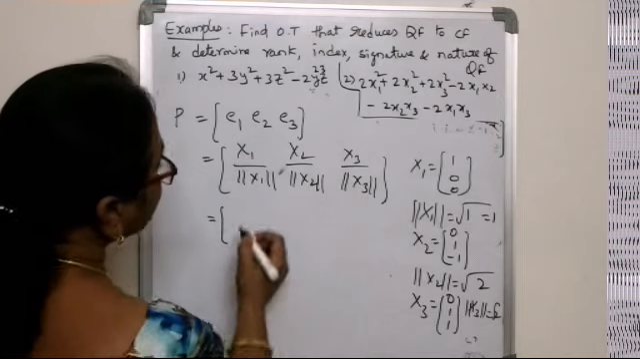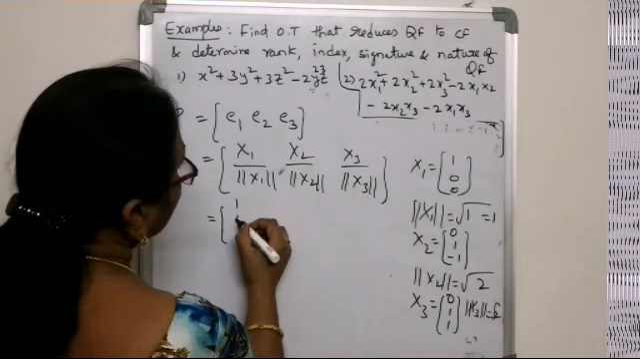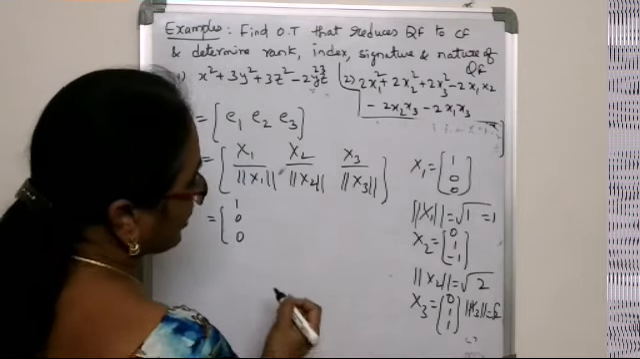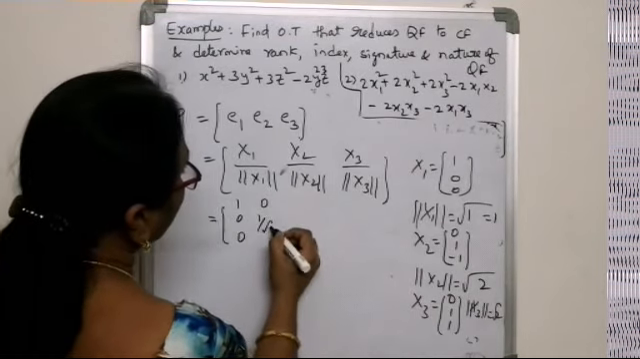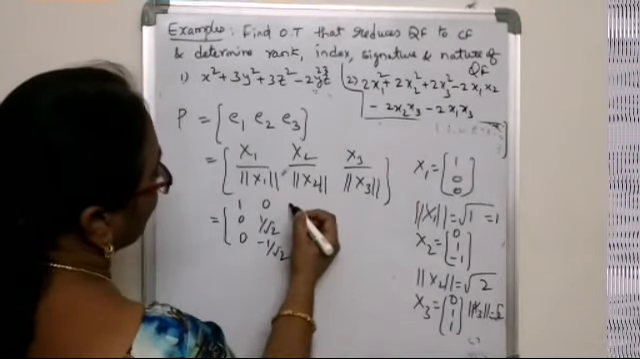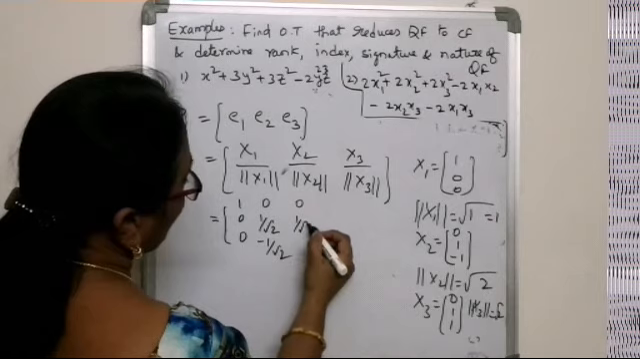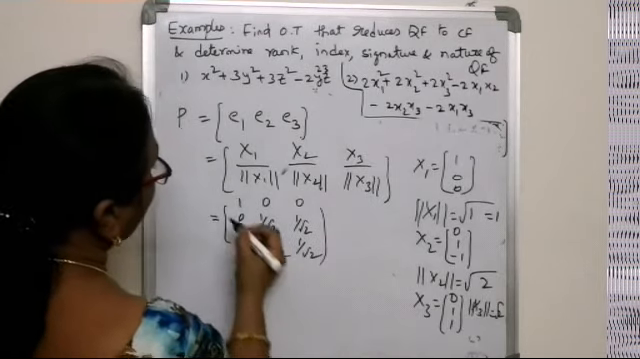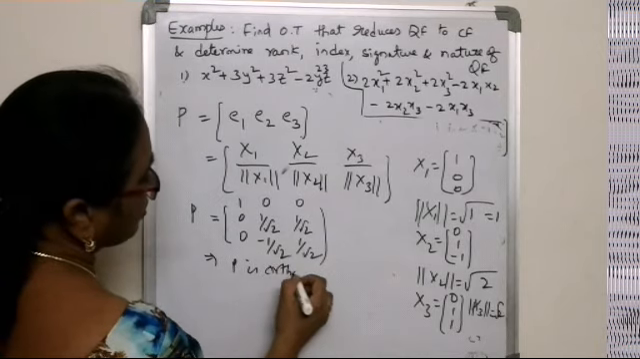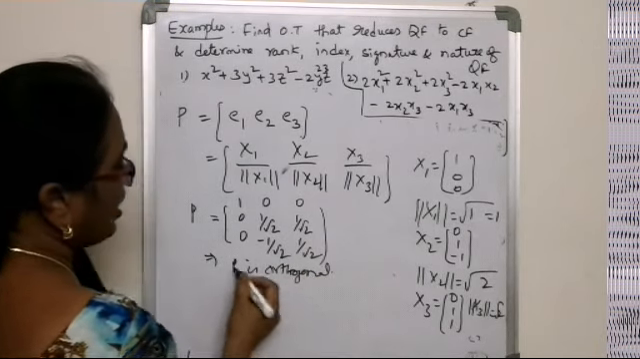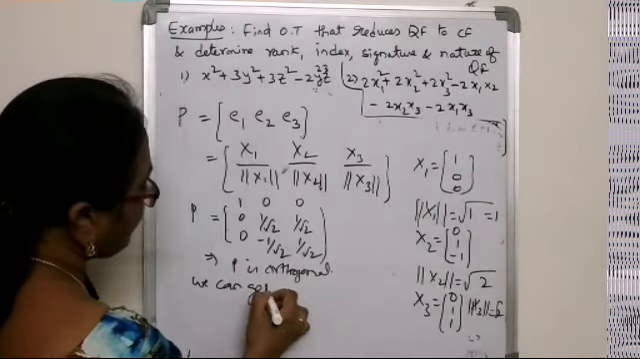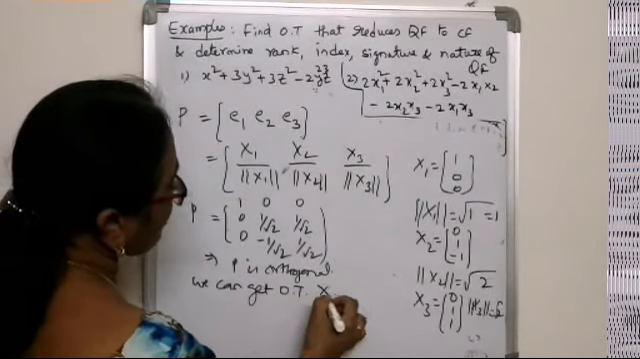we have the normalized modal matrix P: the first column is 1 0 0. From the second eigenvector x2, we have 0, 1 by root 2, minus 1 by root 2. Similarly, the third normalized vector is 0, 1 by root 2, 1 by root 2. By the process of its construction, this P is orthogonal. Since P is orthogonal, we can now get the orthogonal transformation